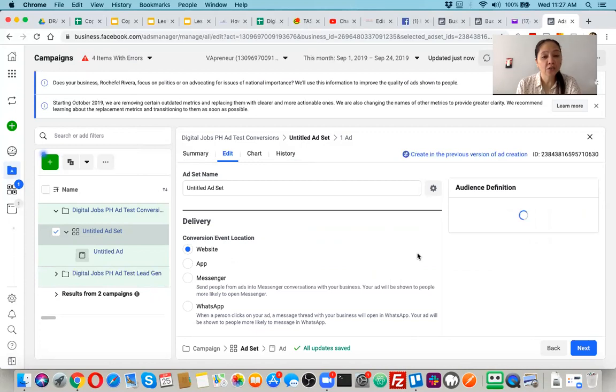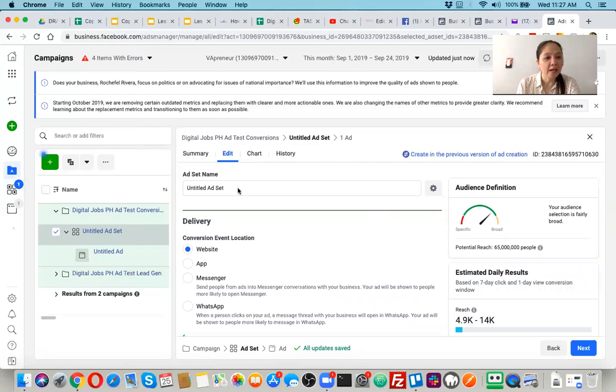And under each campaign, there's an ad set or a lot of ad sets. Ad sets determine the kind of settings that you're going to use for your ads. For example, it should be the same as your campaign title, Digital Jobs PH Test Conversion ad set 1, for example. Okay, and then conversion will lead to a website,